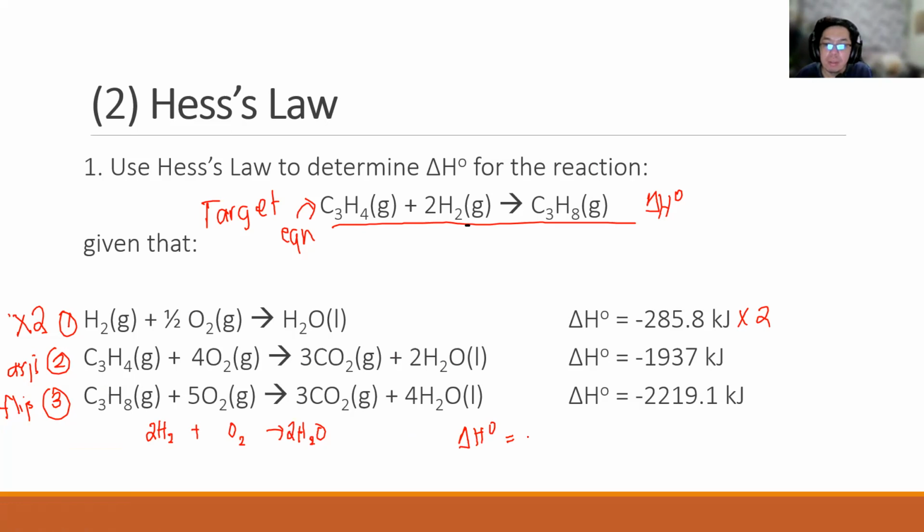Negative 571.6 kJ per mole. And then, as is yung second equation ko, this will be C3H4 plus 4O2 going to 3CO2 plus 2H2O. And the delta H naught will be the same, negative